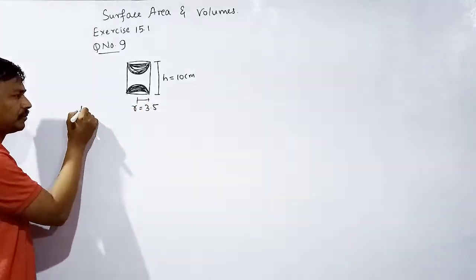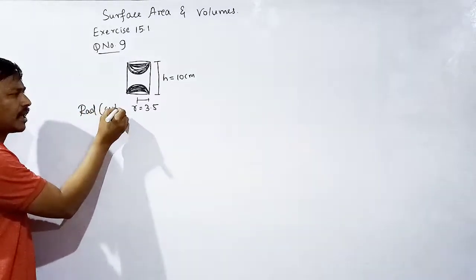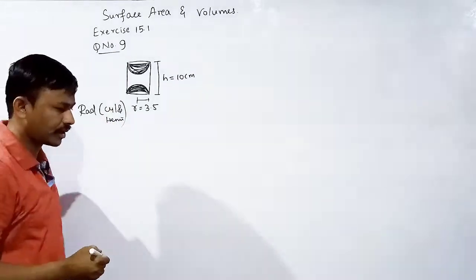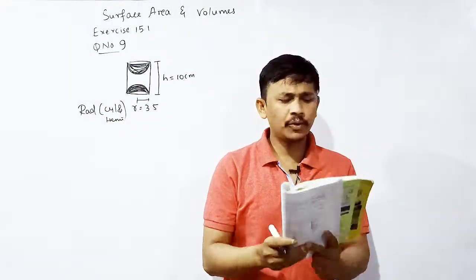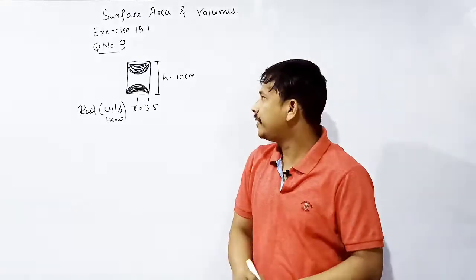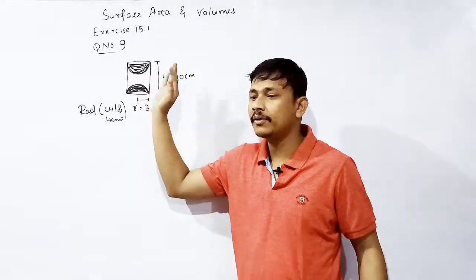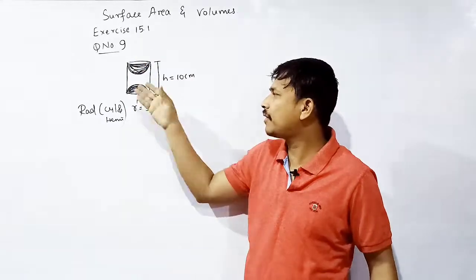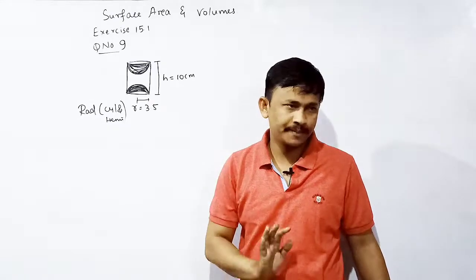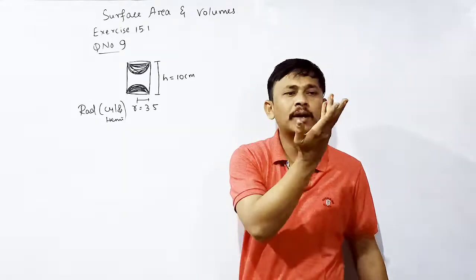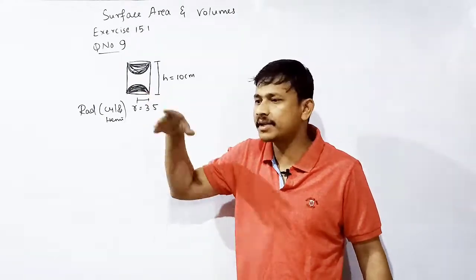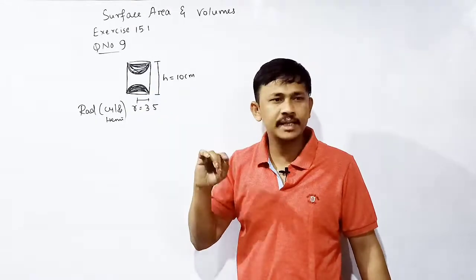It is the radius of cylinder and also hemisphere. Correct? Okay. Then find the total surface area of the solid. Okay, we can feel the outer surfaces of what? Cylinder, and the inner surfaces of hemisphere. That means CSA of cylinder plus 2 into CSA of hemisphere. Understood? We can only feel the outer part of cylinder, that is CSA of cylinder, plus 2 into inner parts of hemisphere, that is 2 into CSA of hemisphere.